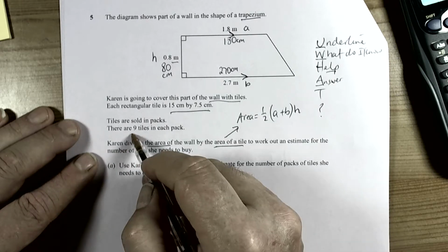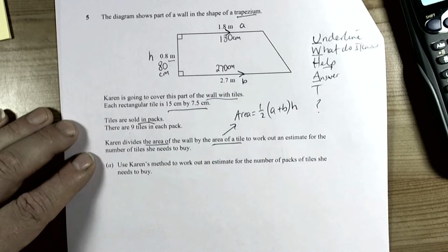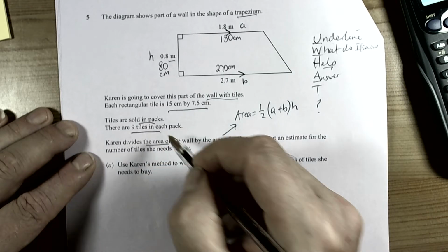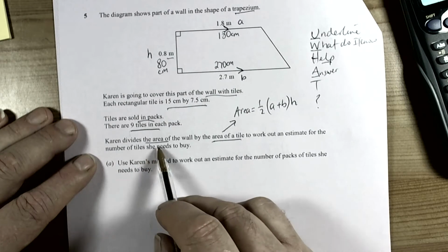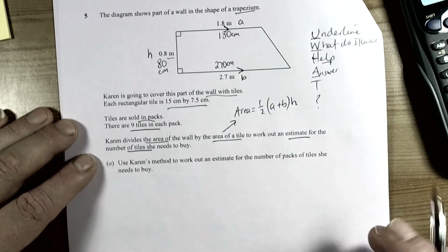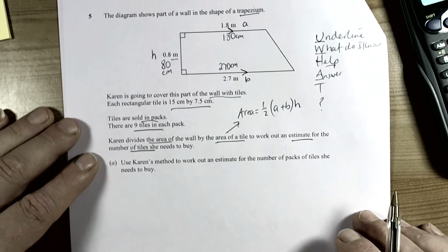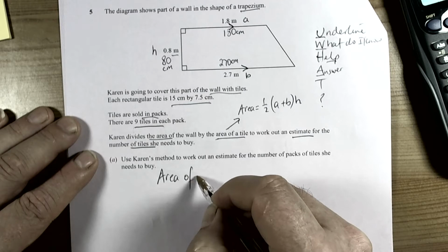She sold in packs, so therefore we can't have single ones. So we've got to make sure we're working in multiples of 9, because there are 9 tiles to a pack. And it says she divides the area of the wall by the area of the tile to work out an estimate of the number of tiles she needs. So that's basically what we need to do. So we need to work out the area first. So the area of the wall